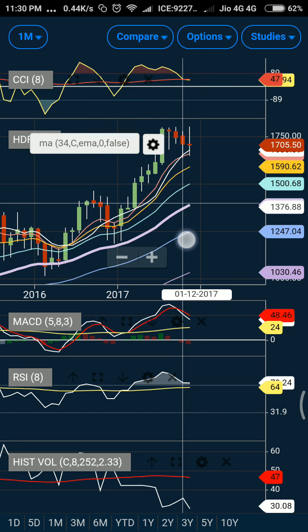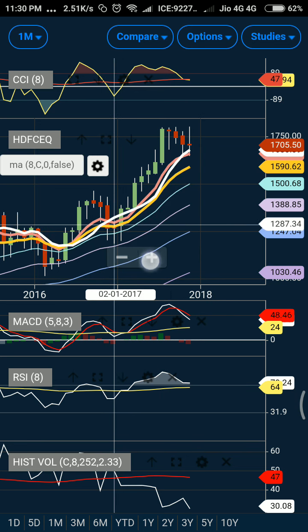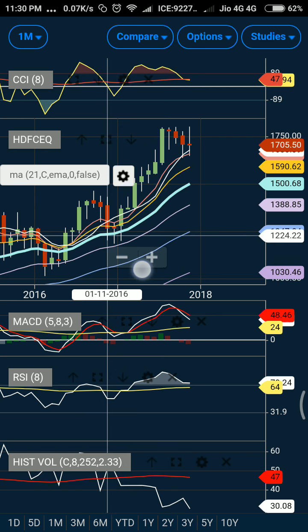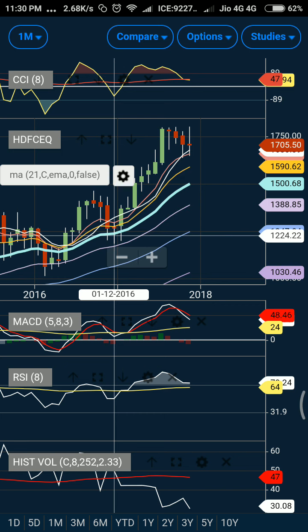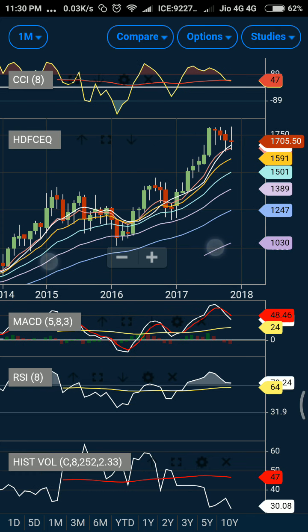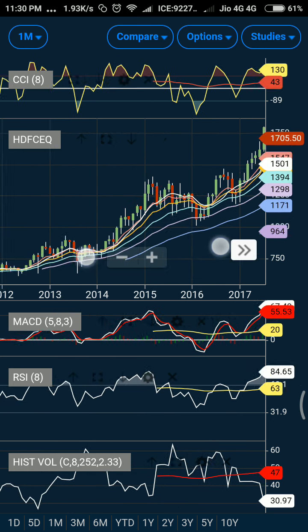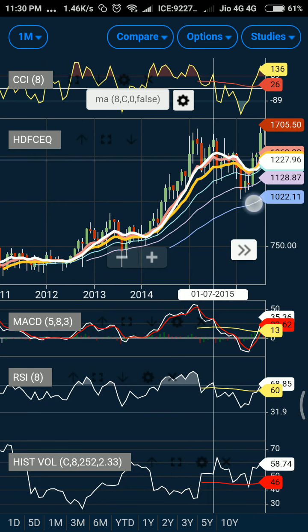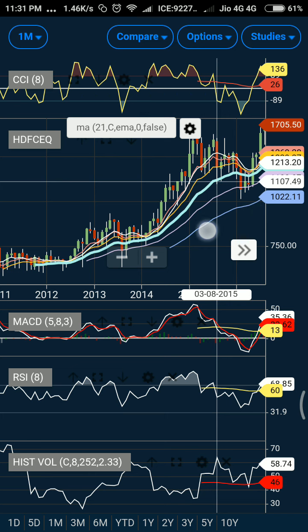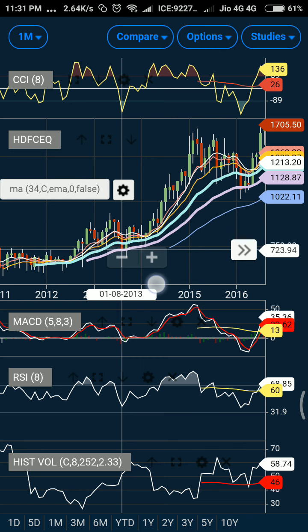If you want, you can check. I think I have thoroughly backtested the stock, and I feel that whenever there is a bearish crossover, the stock broadly gets down to its 21 days exponential moving average. So here you can see a bearish crossover, and the stock has tested its 21 days exponential moving average. Let me show you further. Here you can see a bearish crossover getting formed, and the stock eventually tests its 21 days exponential moving average. Let us go a bit further. Here you can see a bearish crossover, and the stock eventually tests this 21 days exponential moving average. Here you can see a bearish crossover, and the stock falls below its 21 days exponential moving average, takes a support,